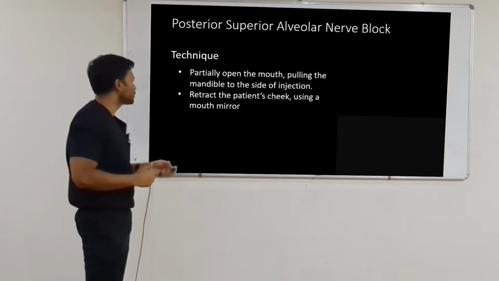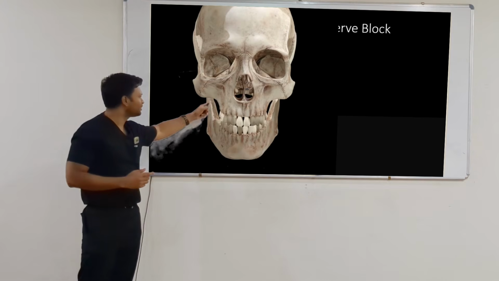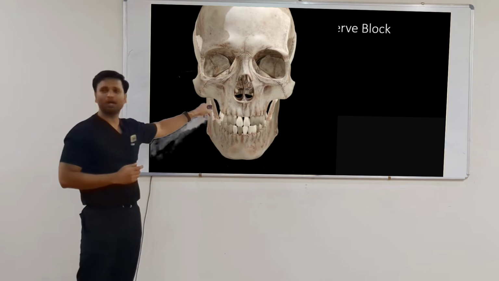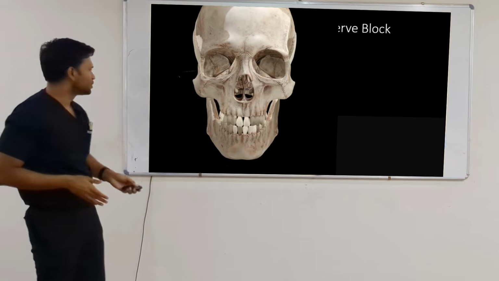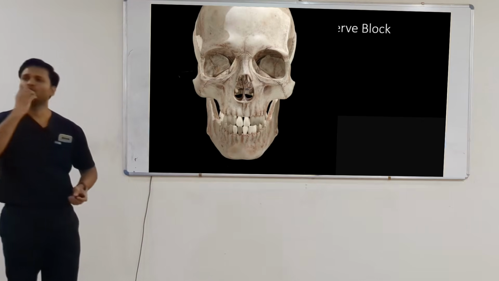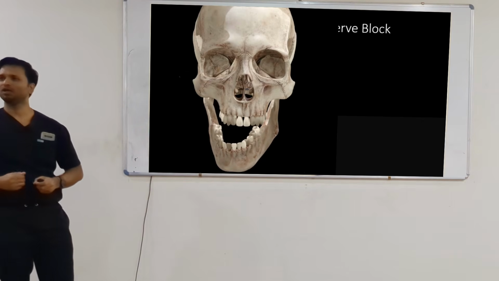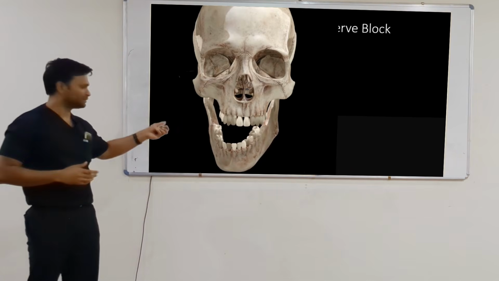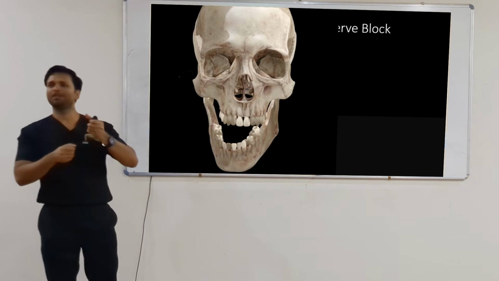So, what you're going to ask your patient is, first thing, can you see यहाँ पे when we try to insert the needle, this coronoid process, it might come in between. It might hinder the movement of the syringe. So, what we ask the patient to do is open the mouth partially and then deviate the mandible towards the site of the जहाँ पे हम LA दे रहे हैं. ठीक है? So this opens up the area for the free movement of the syringe.